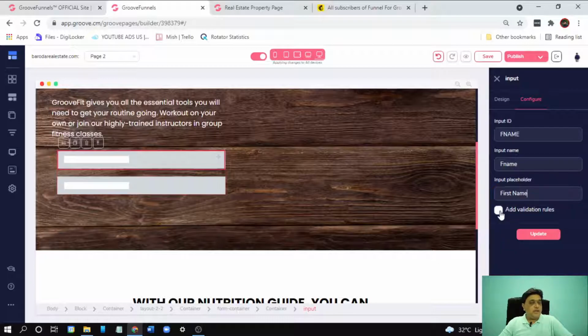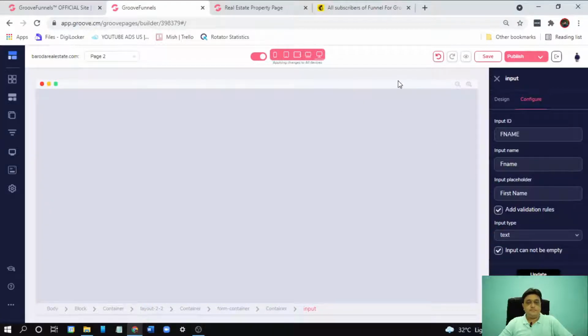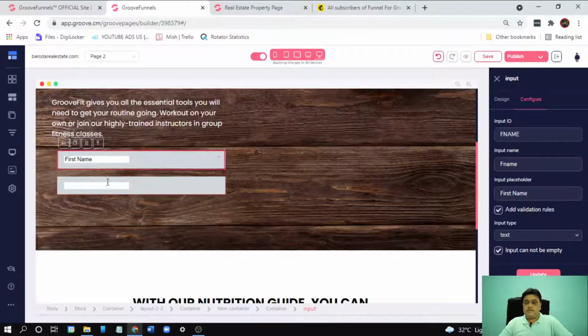Now click on the validation rules. If someone does not write their name, a red star will be shown to them saying this field should not be empty. Here you can see input cannot be empty. We can select it from here, click on text, update it. Okay, you can see first name, as we wrote down here, is showing there.